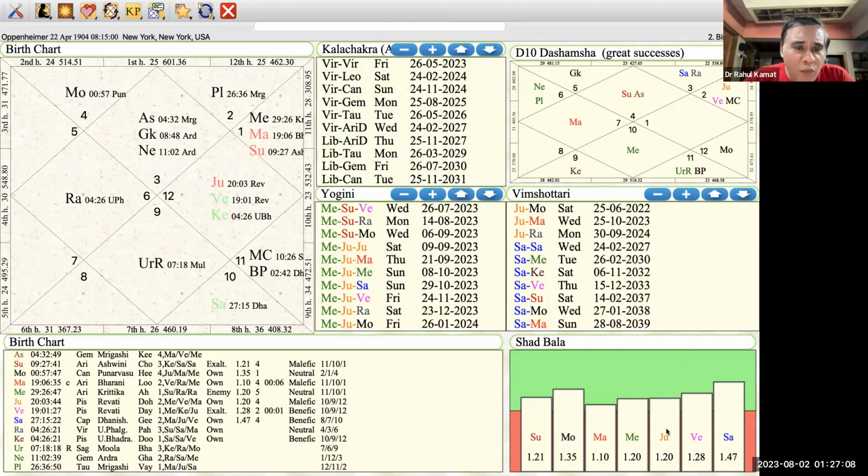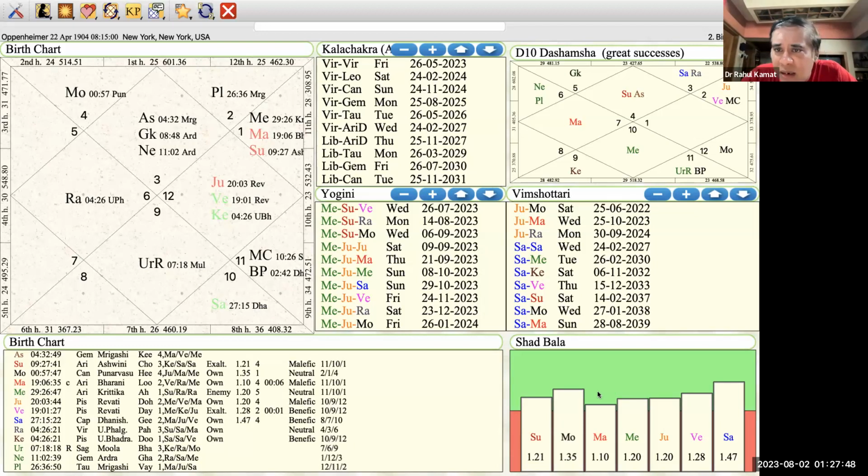Okay, now we look at some other grahas which are of importance. So now we look at Ketu. Now Ketu is extremely important here, because let me explain to you why. Now Ketu here is in the 10th house in Uttar Bhadrapada. Okay, that's one. Ketu's Rashi dispositor in D1 is Jupiter. Okay, so it is with Jupiter in its own house. Ketu is with its own Rashi dispositor